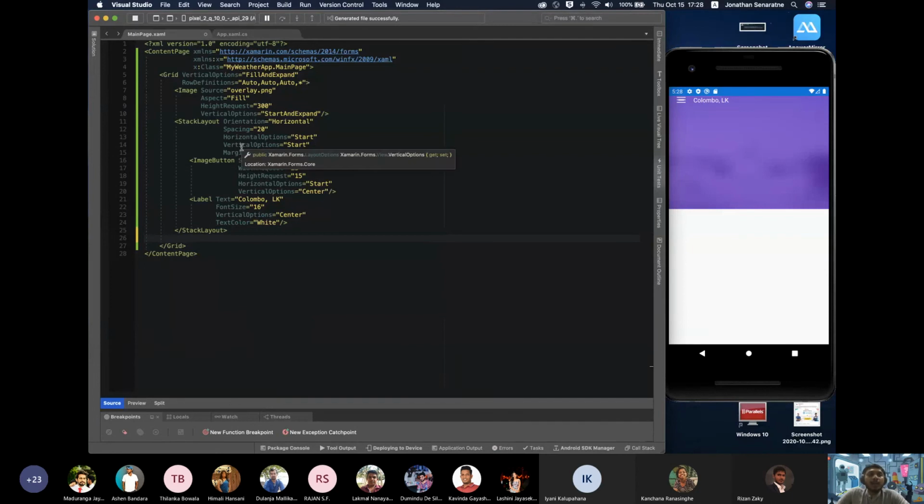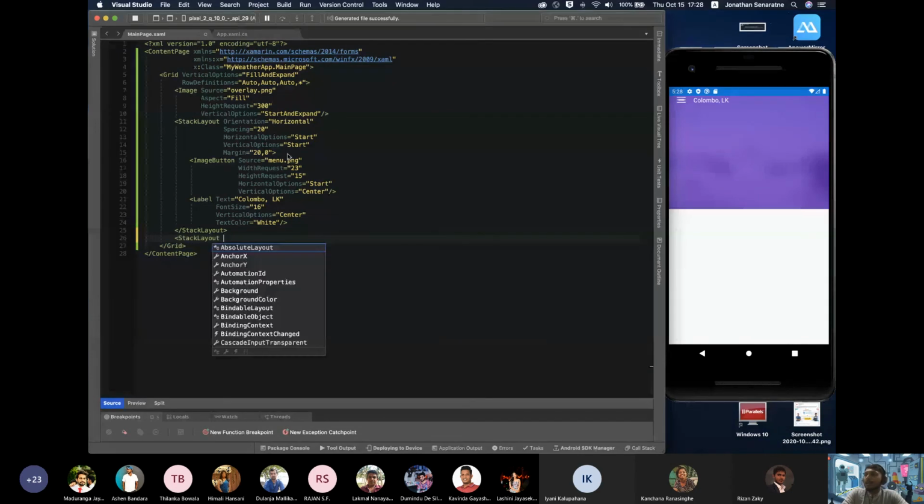Yeah. So one thing that I didn't mention is that if you have defined controls inside a grid, controls or layouts for that matter, and you haven't specified where you want to place them inside the grid, by default they will be added to the 0th row and the 0th column of the grid. So if you notice here, I've not defined anything that specifies where this image and this stack layout should be on the grid. So by default, they'll be in the 0th element, 0th row and column. Yeah, let's create another stack layout and